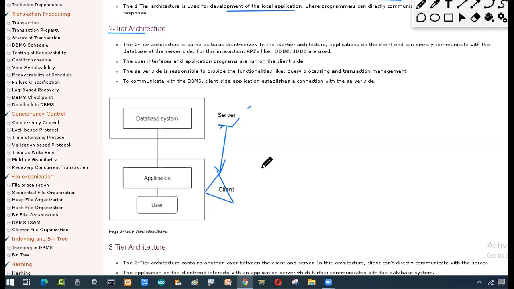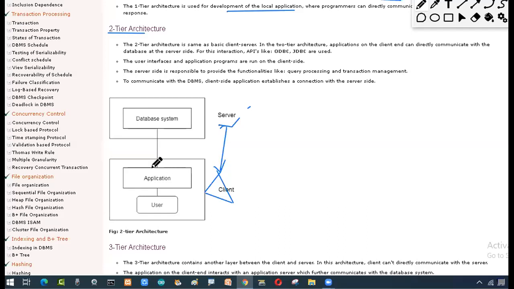Say, for example, one more example. If you have your internet banking, again it's a three-tier architecture, but I'm just telling how the graphical user interface looks. You will have an interface. Login will be there. Then you will check your transactions. You want to transfer the amount, debit the amount, or credit the amount, whatever it is. That means the application will be visible to the user. Then the data is stored on the server. Okay, so that is what the two-tier architecture says.